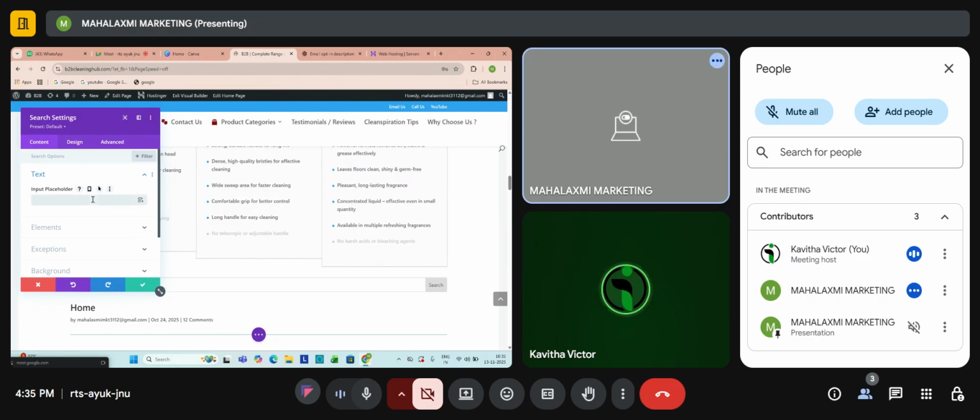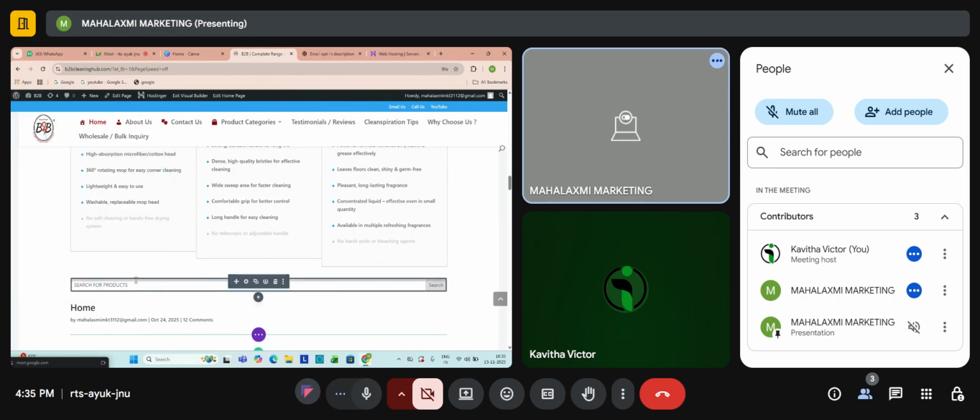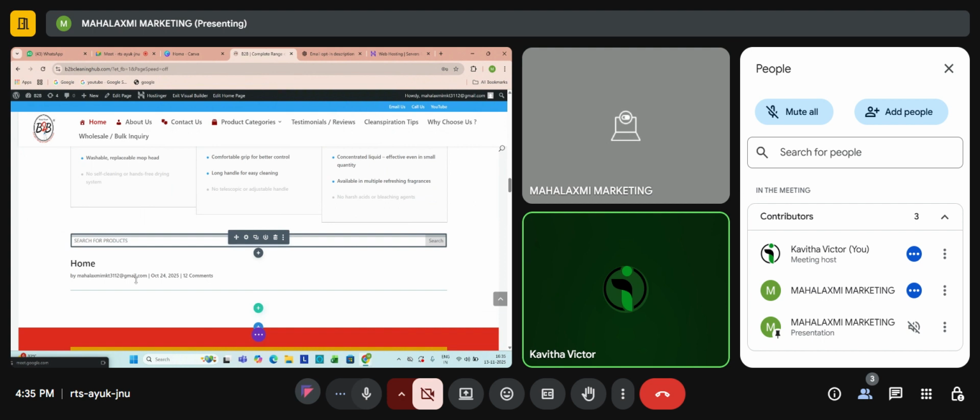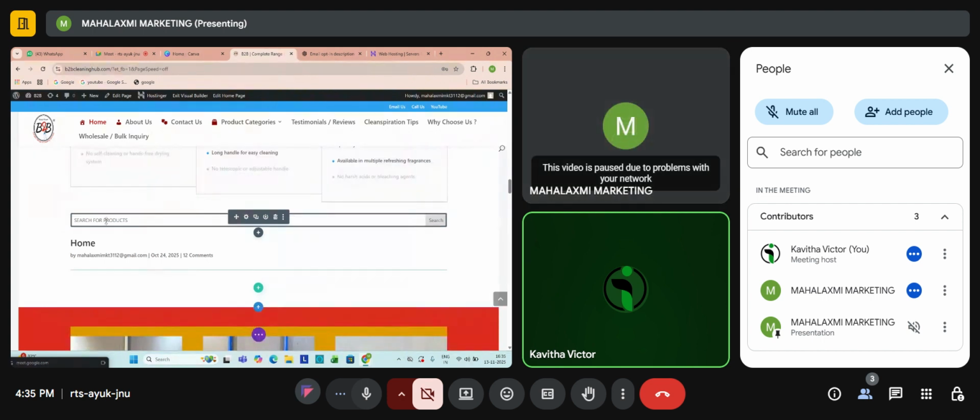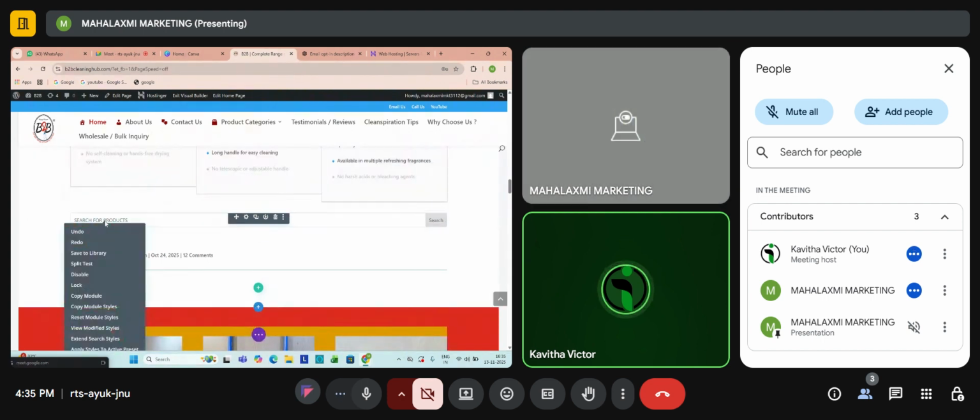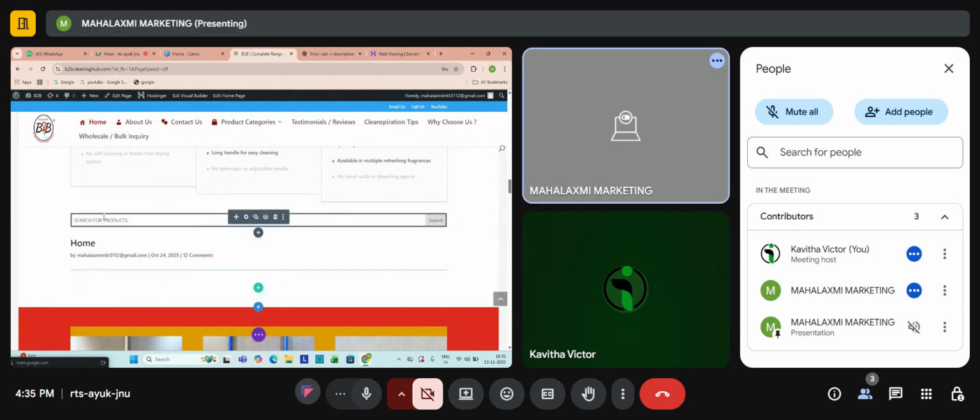Placeholder, that's what the search bar shows: search for products. Anything you want to give? Add a new module.